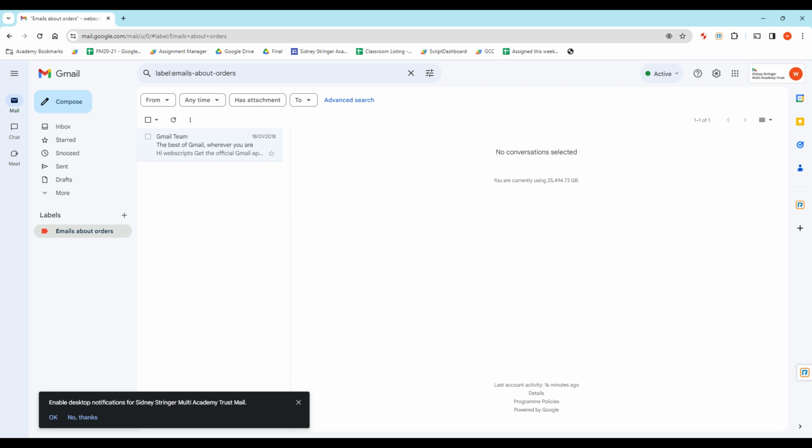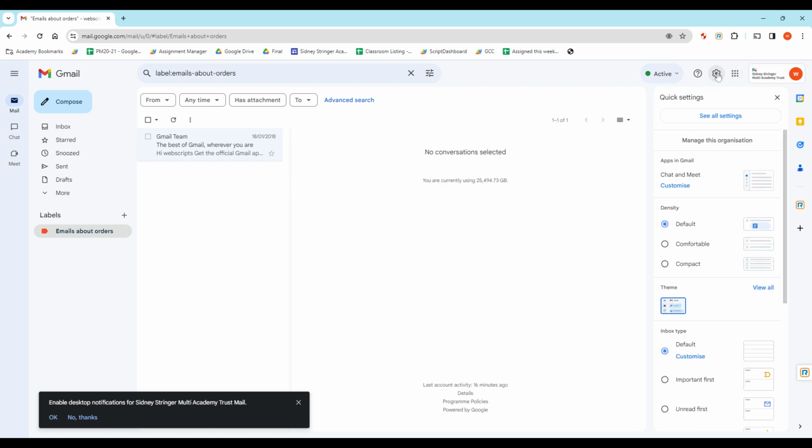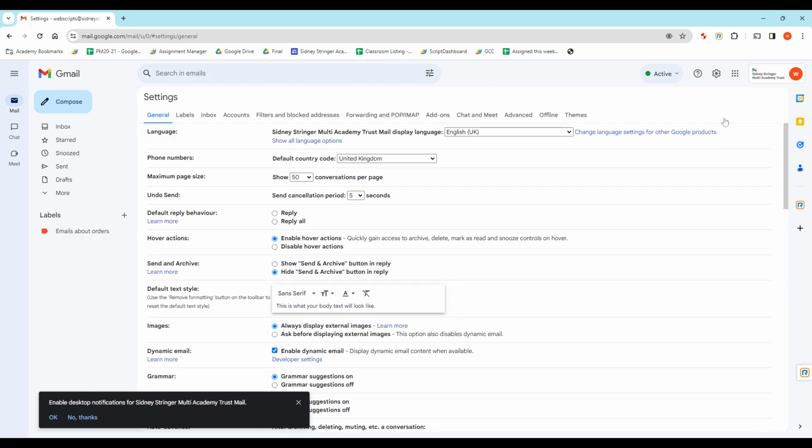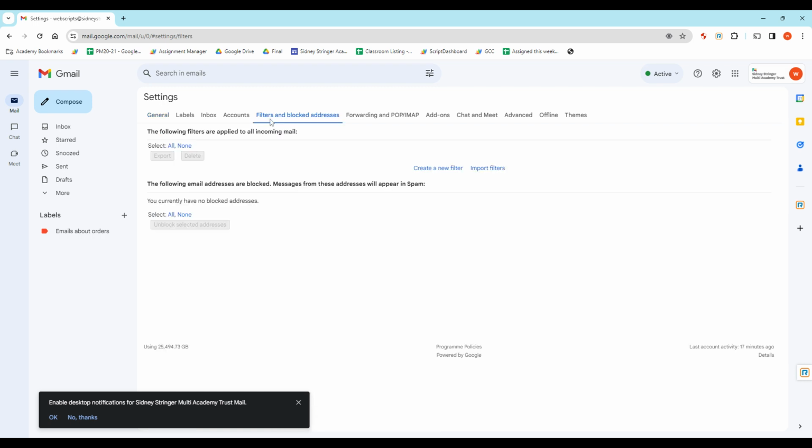That's quite useful. If you want emails to appear in particular folders or labels, as they're called in Gmail, you can set up rules. So, for example, you can click on settings, see all settings, and you'll notice an option that says filters and blocked addresses. You can click that. You can block spammy external senders as well. There is an option here where you can block them, but I'll just show you how to set up a